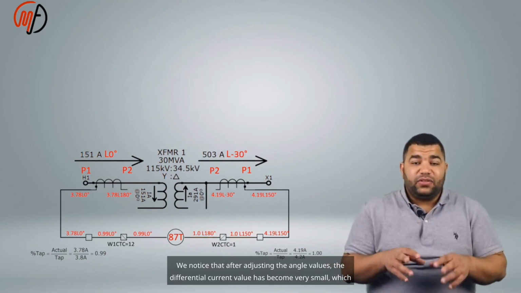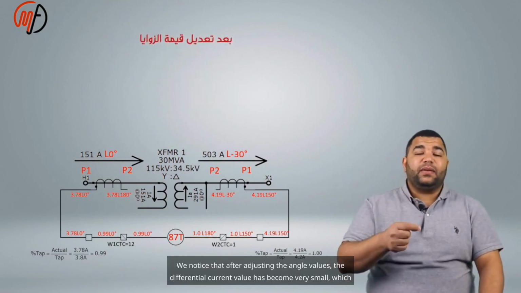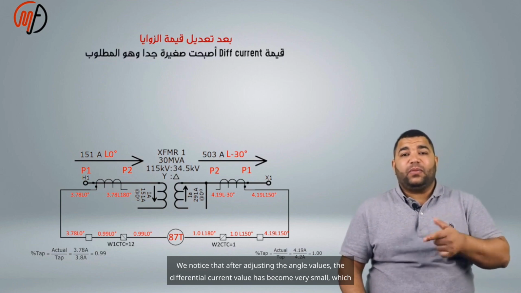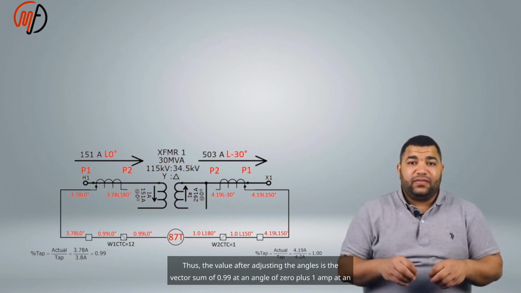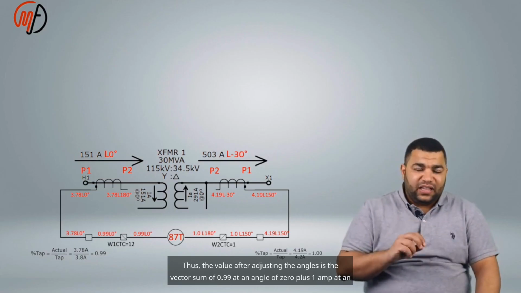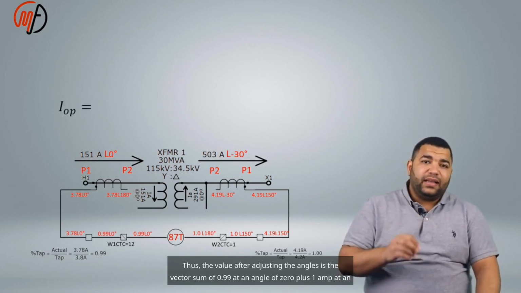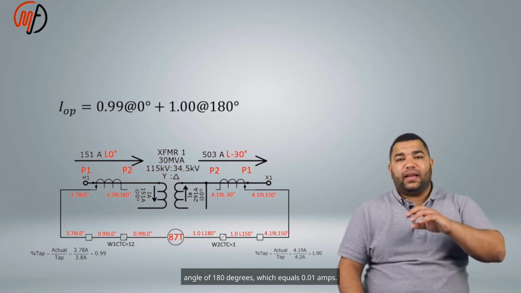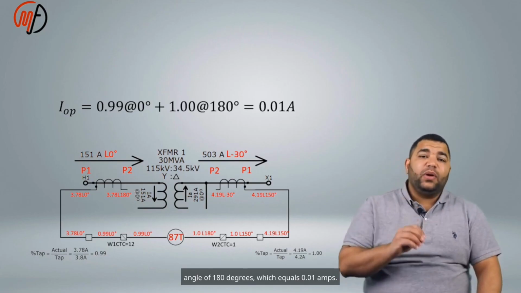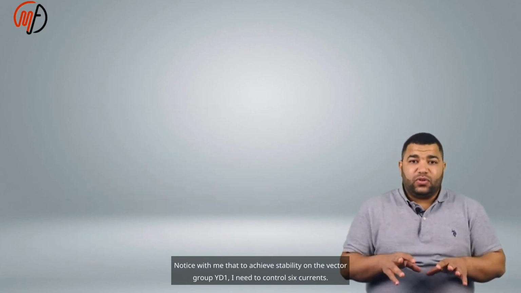We notice that after adjusting the angle values, the differential current value has become very small, which is what is required under normal conditions. Thus the value, after adjusting the angles, is the vector sum of 0.99 at an angle of 0, plus 1 amp at an angle of 180 degrees, which equals 0.01 amps. Notice with me,